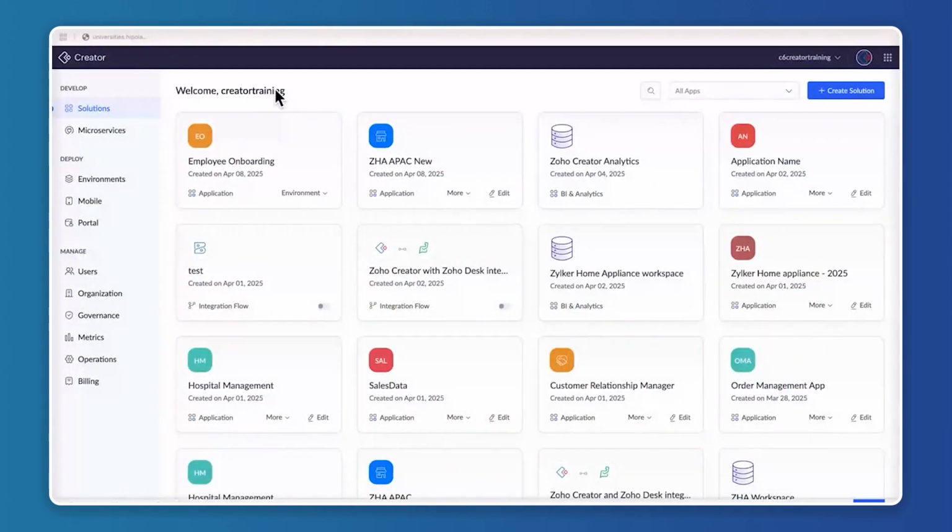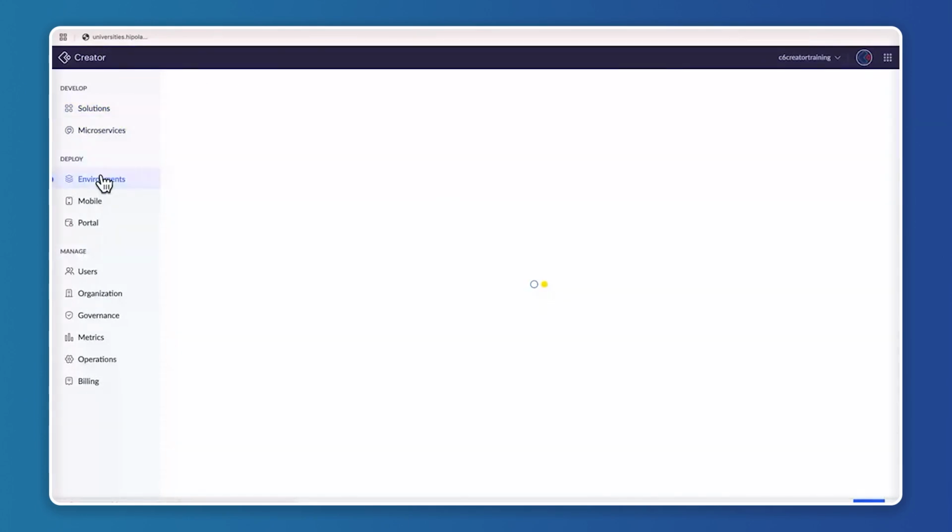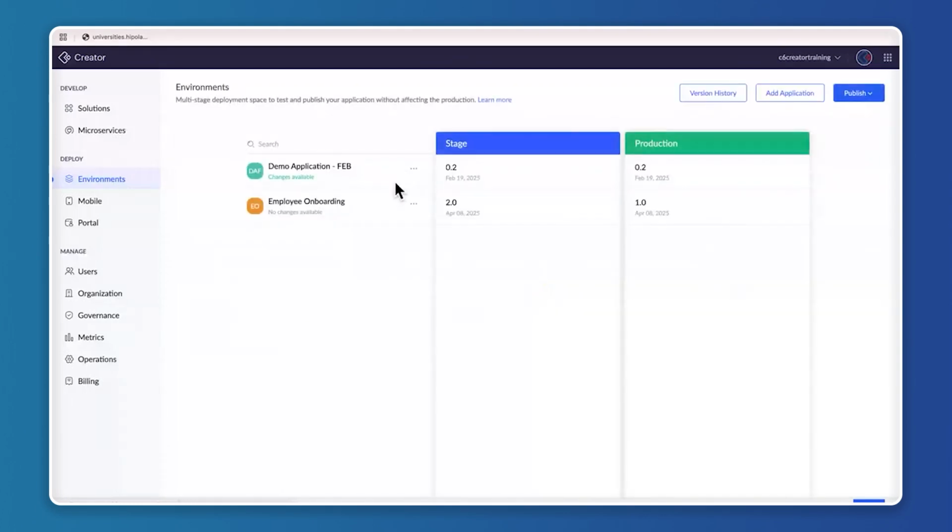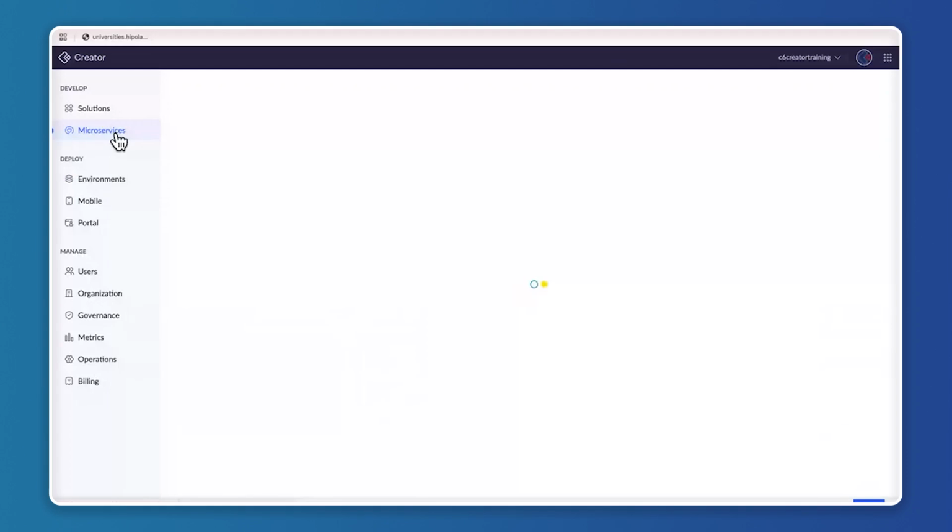So I'll quickly show you that. This particular application, which is the employee onboarding, is already pushed to the environment. So if I go to the environment, I'll be able to see the application over here. I can access it in the development mode as well as in the stage mode, right? So now again, if I go to the microservice,